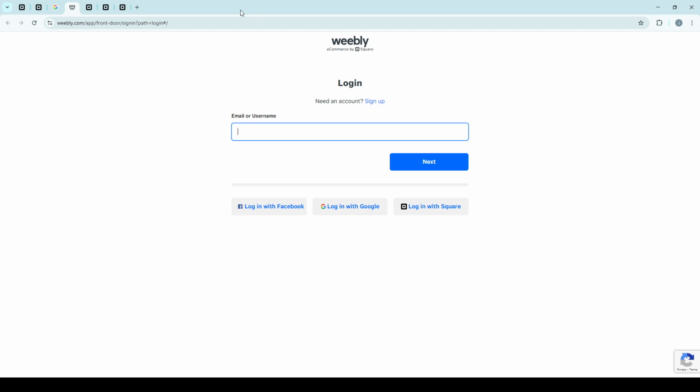After you've successfully signed into your account, you'll be directed to the Weebly dashboard. The dashboard is your control center for everything related to your website. It might seem a bit overwhelming at first with all the options available, but don't worry, we're focusing on just